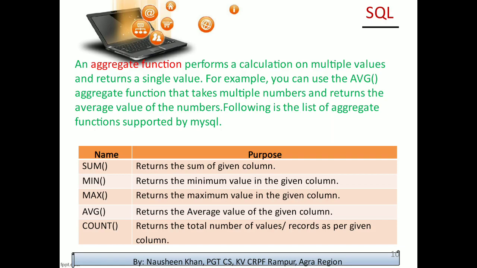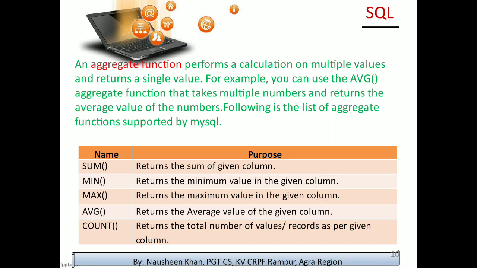First is sum. What will it do? It will take multiple rows as input, calculate its sum and give a single row as output, that is the sum of those rows. Similarly, min will calculate the minimum value of the given column. It will take multiple rows as input and calculate the minimum value and give the minimum value as a single row